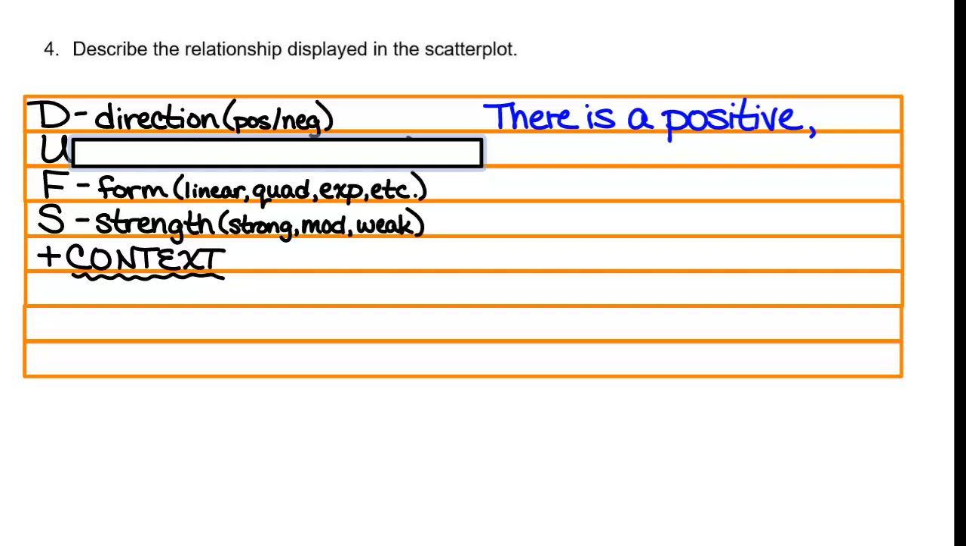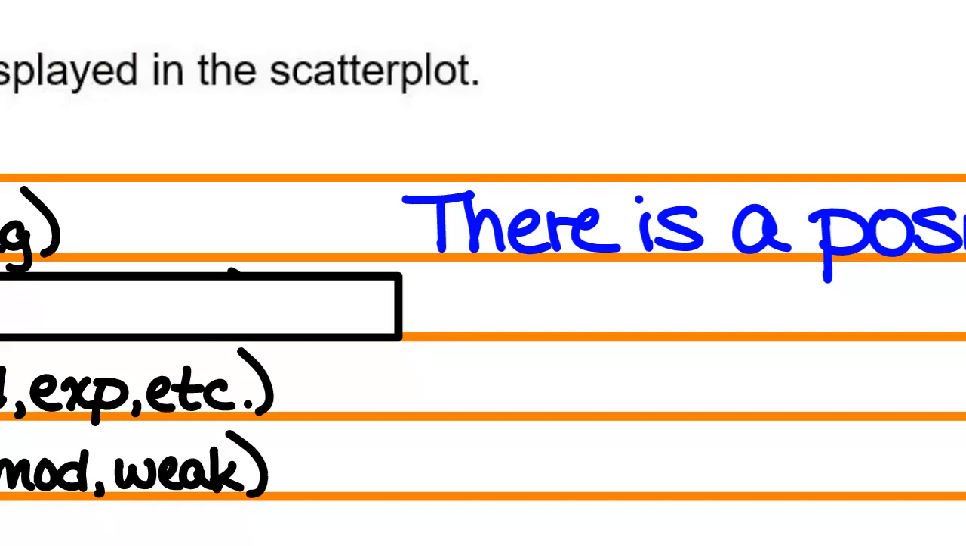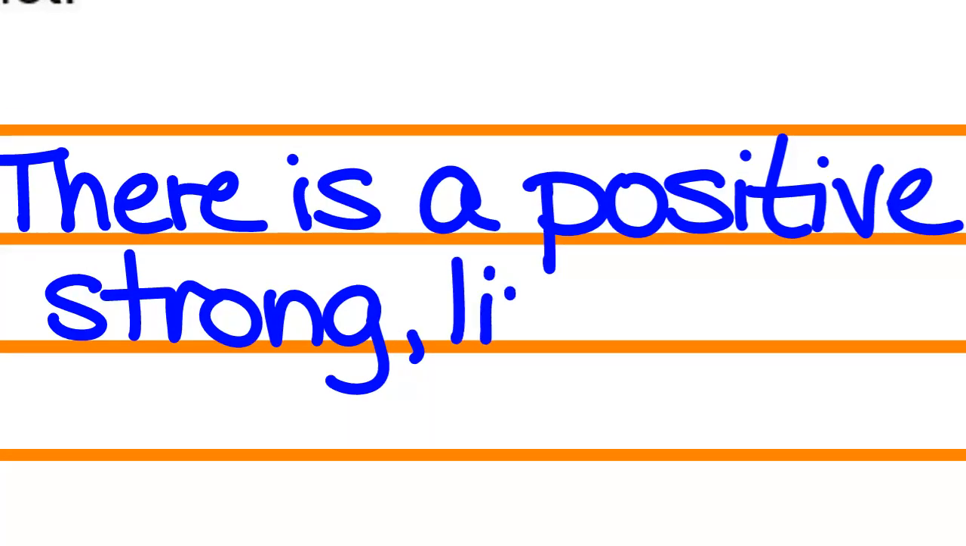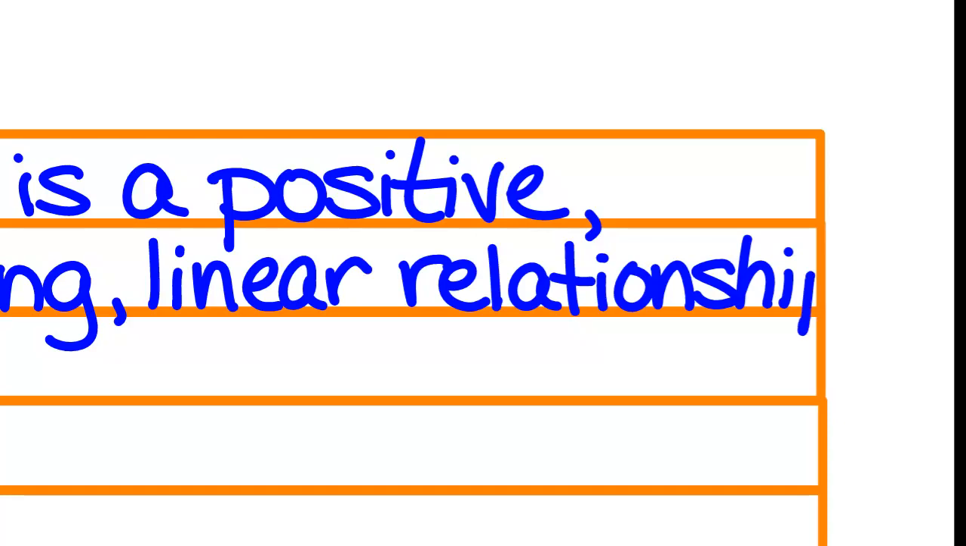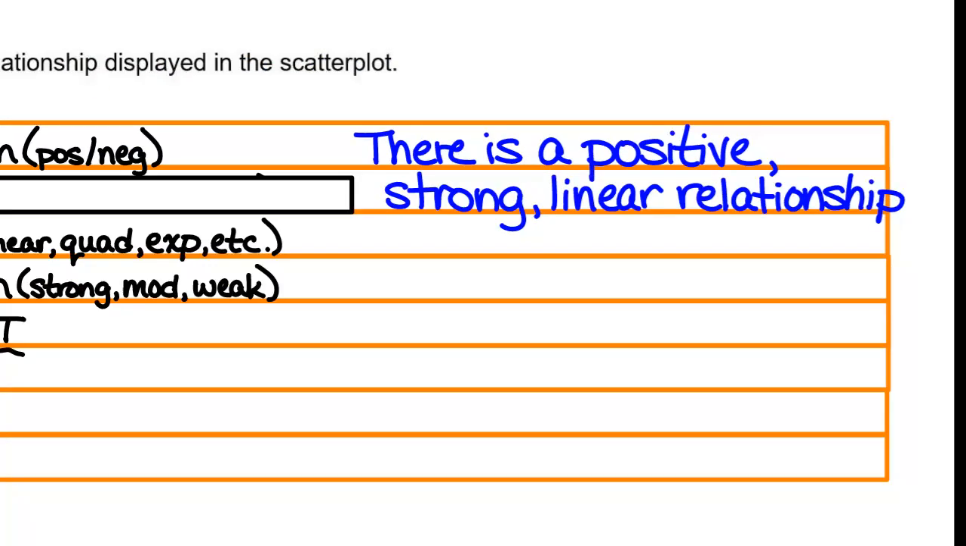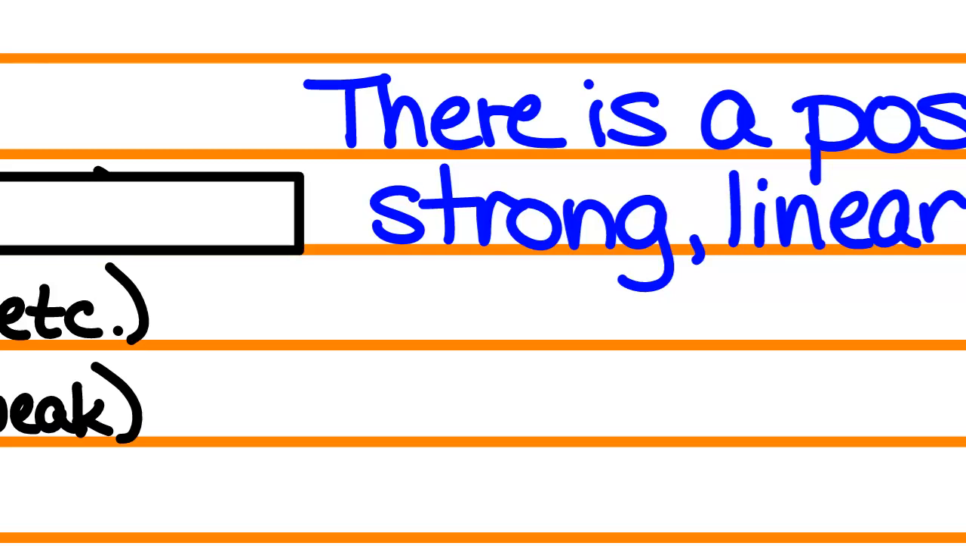How would you describe the strength of our scatter plot? Strong. It had a very linear appearance to it. So I'm going to say that there is a positive, strong, linear relationship. I only have the lines because I'm a messy writer. There's a strong positive linear relationship, and now I'm going to get my context in here,